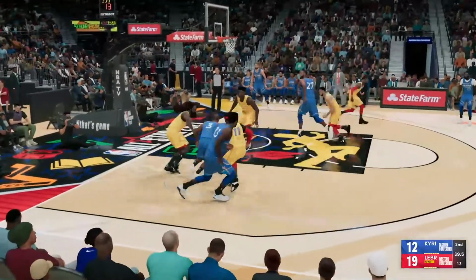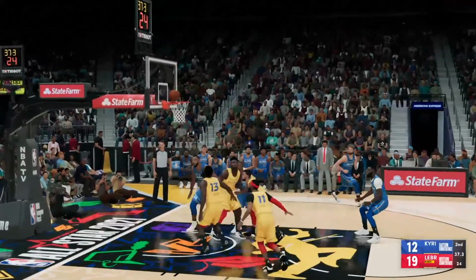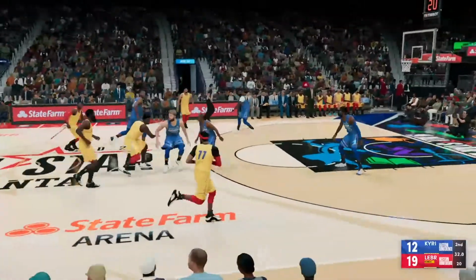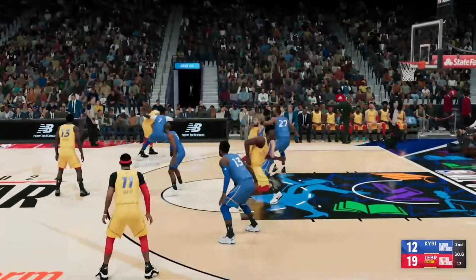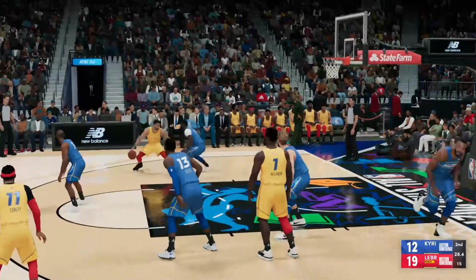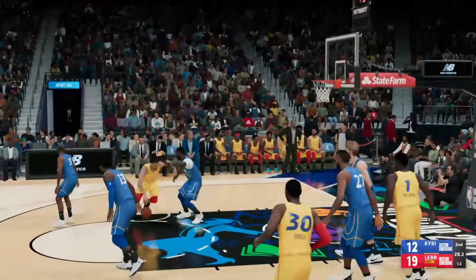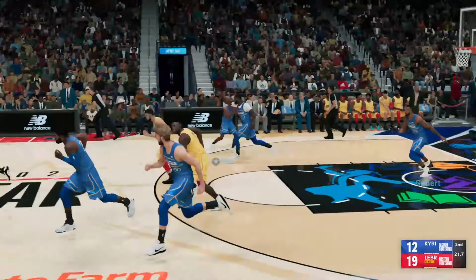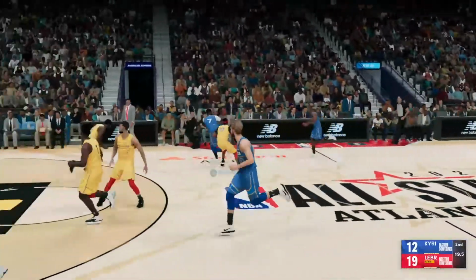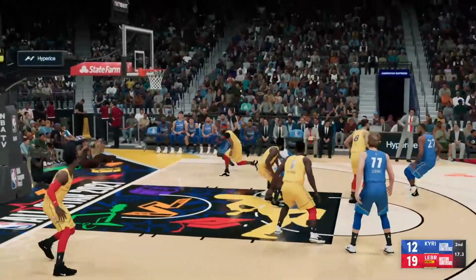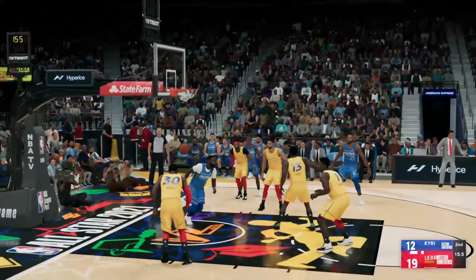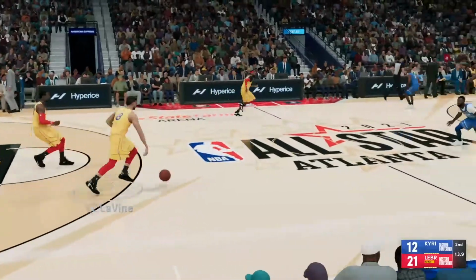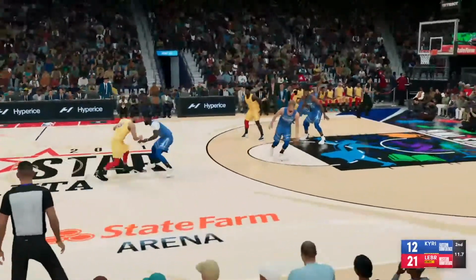Now here's Paul. The shot that time, not on target. Good D by Williamson. They need a bucket in a big way here to regain some confidence. Here's Levine. Gobert pulls it in. I'd love to see them impose themselves a little more on the backboard. That's a great way to find confidence. Always a surefire way to get back in the game. Well, guys, they need to do something to reduce this deficit. We'll see if that's the answer.